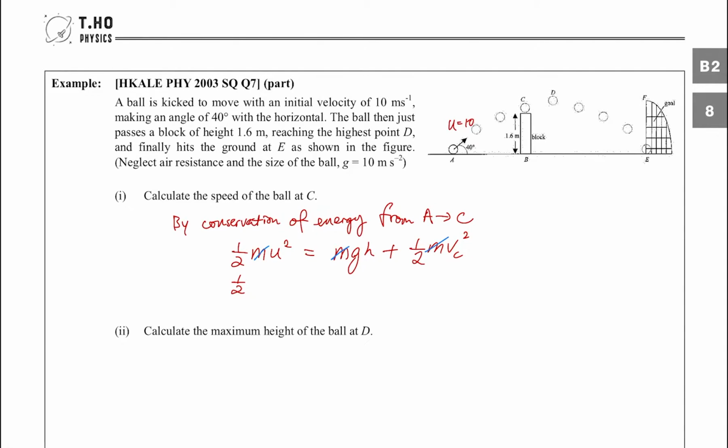So let's put in the numbers. Please note that the m, you do not need to care about, because it will all be cancelled out. u is 10 meters per second, g is 10, the height at point C is 1.6, and KE at C is half v_C squared. So v_C, solving the equation, would be 8.25